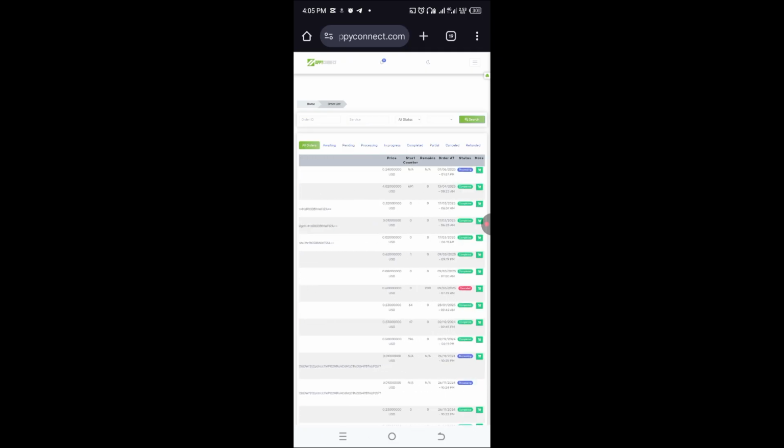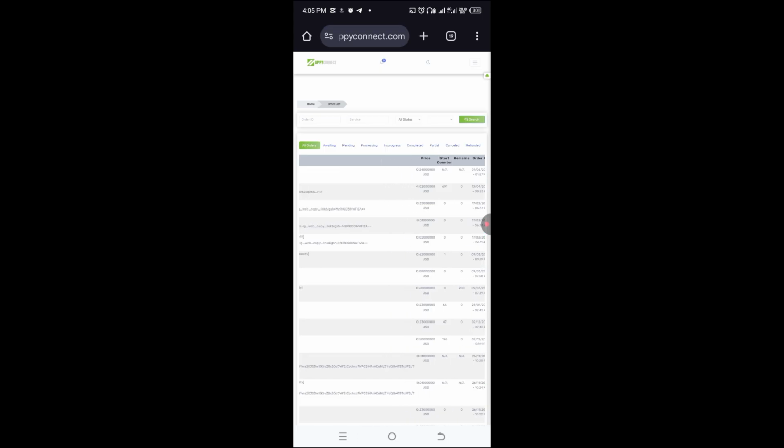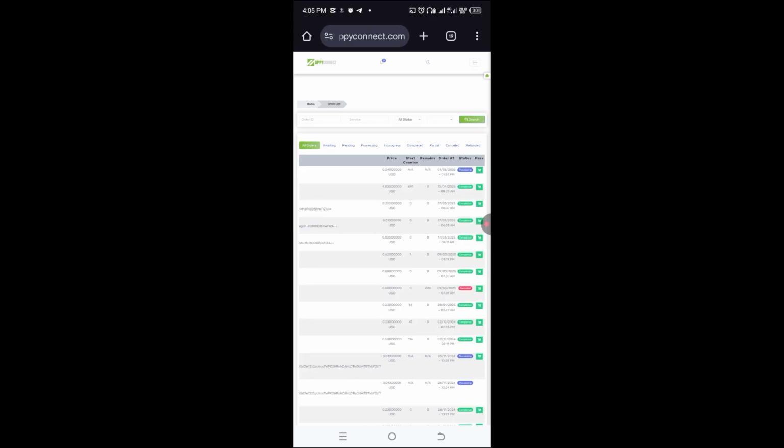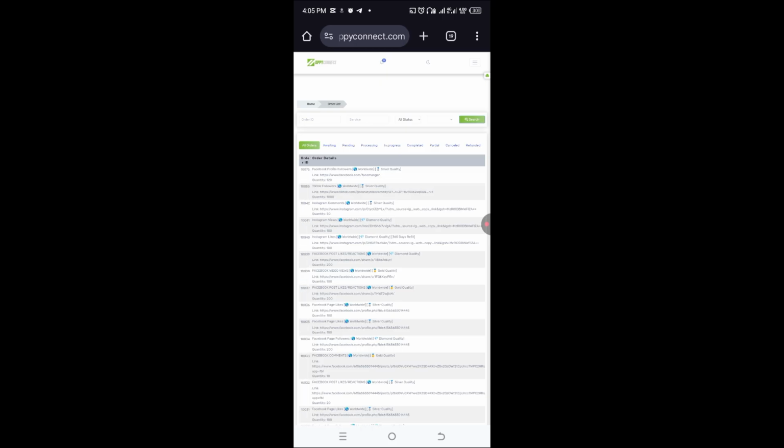So if you are using a desktop, you don't have to do this, but if you are using a mobile, then you need to put it on the desktop view in order to see the complete charts and the complete view of everything, right? So as you can see, here is an order I purchased, like the one I just showed you before,